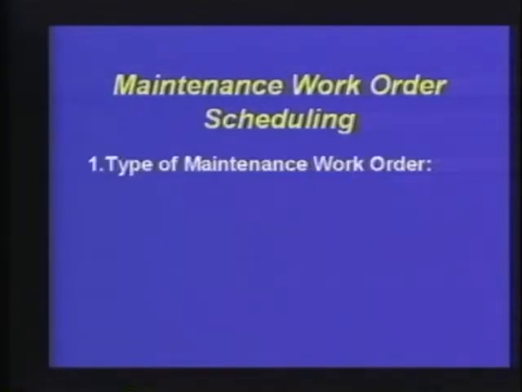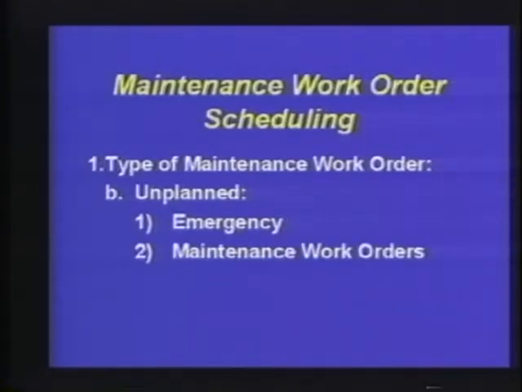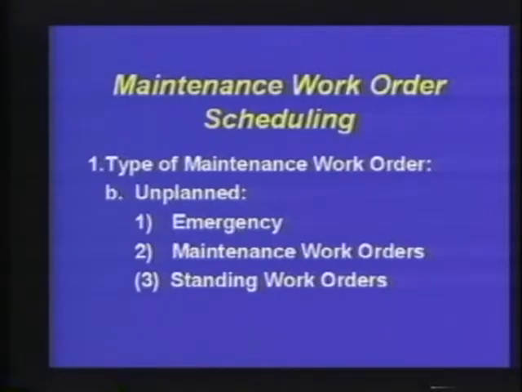The unplanned are the emergencies that can disrupt, as an example, production during production operations. Then we have the maintenance work order requests that would be converted into unplanned maintenance work orders. We have the standing maintenance work orders, which are those relative supporting the 2-bin or bench stock program, and other